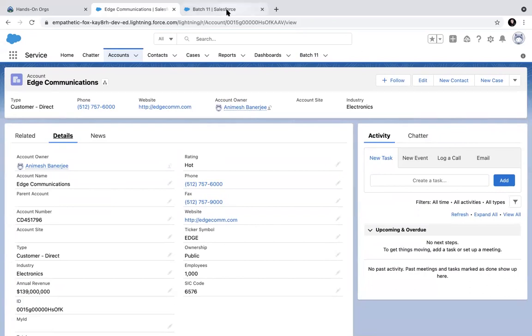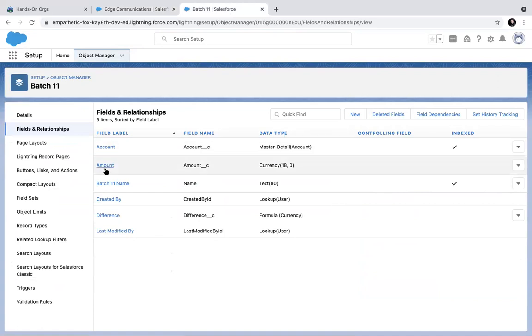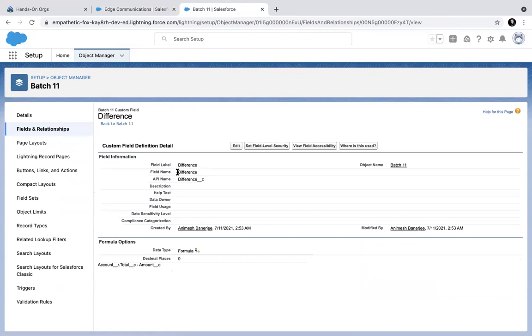So when you are using formulas with fields, which is not only your field, this object field on which the formula is created, but also parent fields, you can only use master-detail parent fields. Now my lookup also you can use.